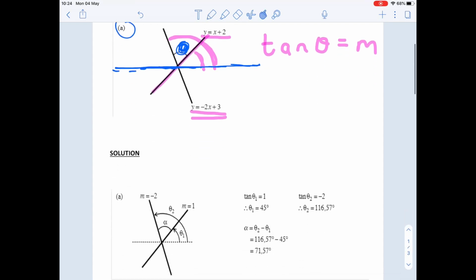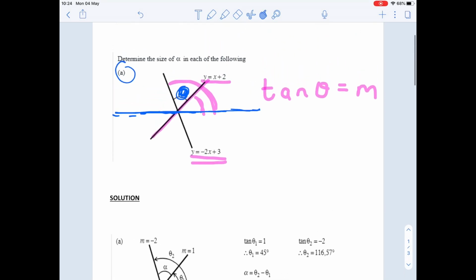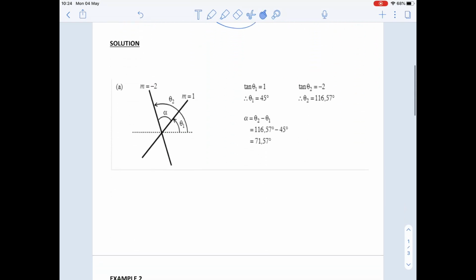So let's have a look at the solution here. If we go back to the top here, I forgot to mention that the gradient of this line is going to be 1. And the gradient of this line here is going to be minus 2, which is correct because it's got a negative gradient and the angle is bigger than 180 degrees. So if we go back to our solution over here,